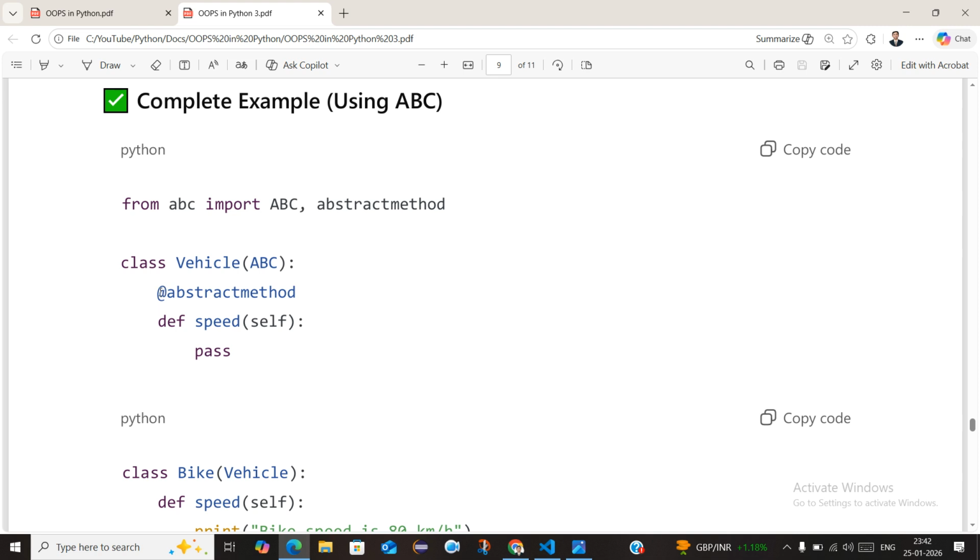And in that also you can see this @ symbol and abstractmethod. So this is called a decorator, or you can say these are annotations. So in that class, speed is a method, right? And above it we declared the decorator, that is @abstractmethod. Means this decorator defines this as an abstract method, and ABC class inherited means this is an abstract class, and